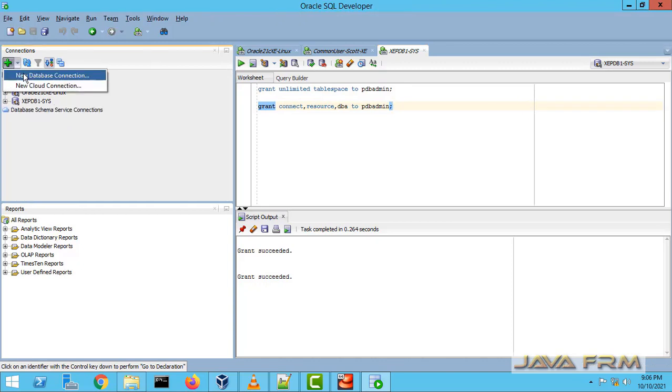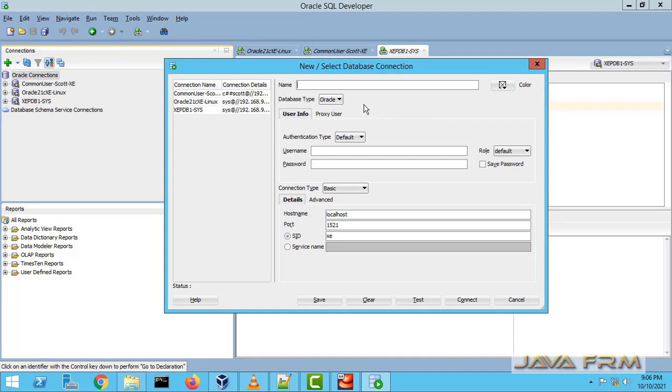Now I am creating one new connection. Now I am going to connect the pdbadmin user to the xepdb1 pluggable database. Provide the password for pdbadmin. Role is default role.